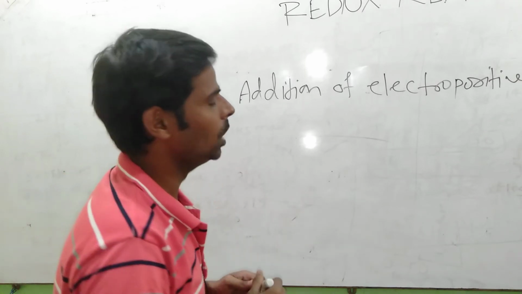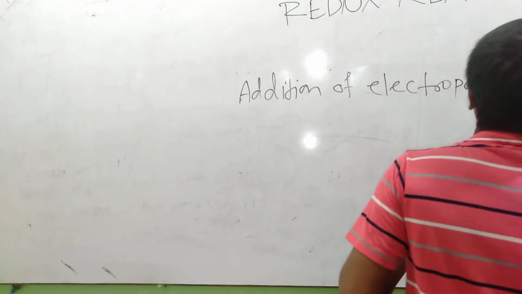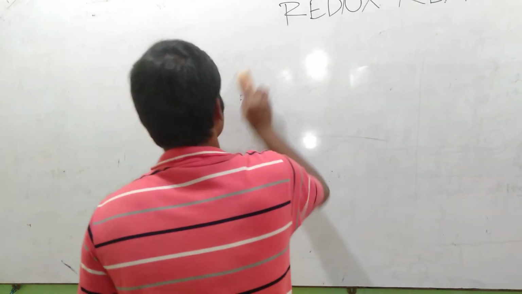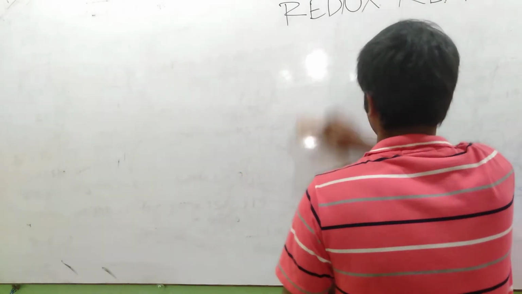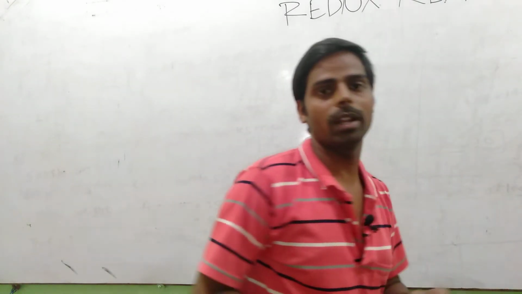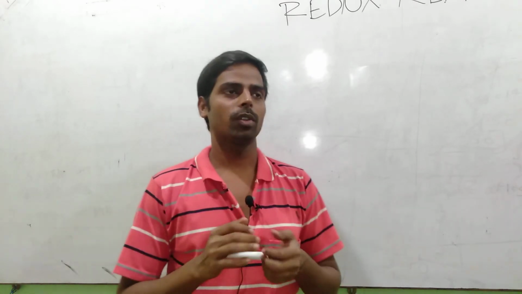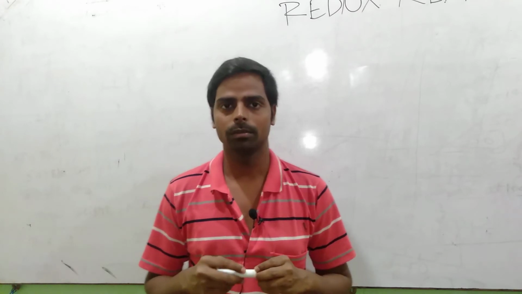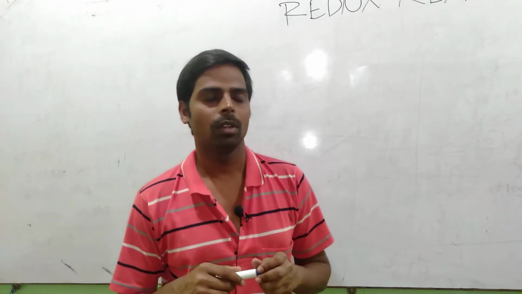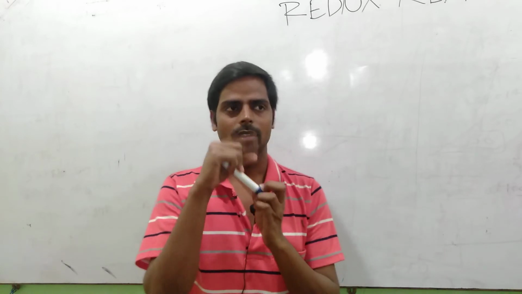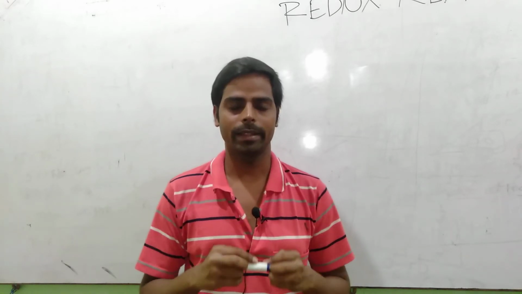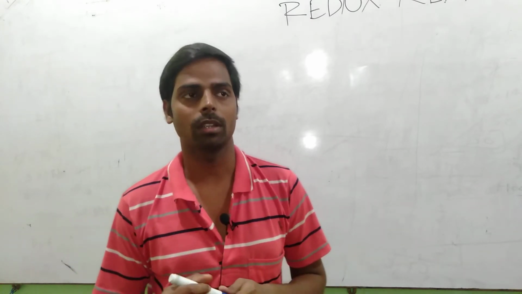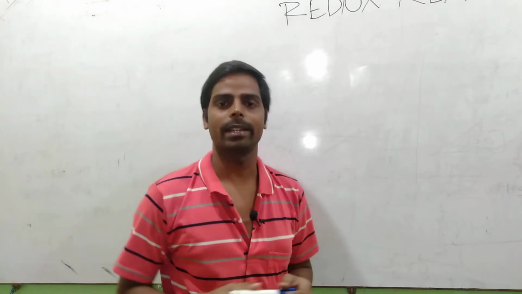So this was the redox reaction. Okay, if I give you examples of this reaction in your day-to-day life, then you must have observed that when an apple is cut and exposed to air for some time, after some time a brownish layer gets deposited on the surface of that apple. That is nothing but oxidation. Oxygen is added in that reaction.